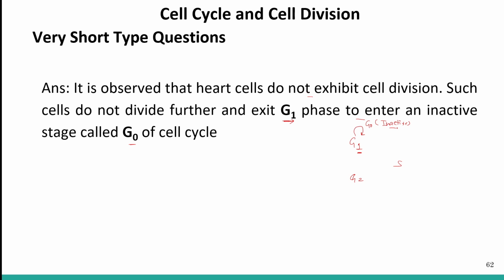So the answer should be G1 phase. They exit the G1 phase and enter the G0 phase of the cell cycle. They remain there for a long duration, and depending on the requirement of the organism, they can re-enter the cell cycle. So this was about all the questions from the NCERT,